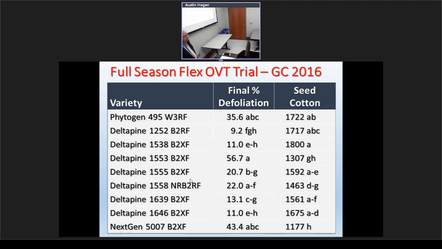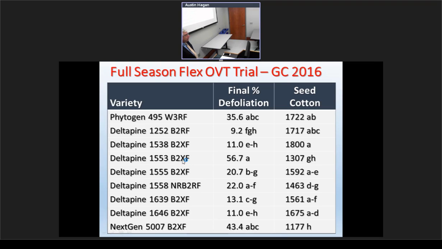We do a lot of variety trials in the state and check them for defoliation, target spot related defoliation, when we can. This is just a list of Delta Pine varieties from a study done last year down at Gulf Coast Substation, which is just a couple of miles from Mobile Bay, and you can see sizable differences in the final defoliation levels among these different varieties,